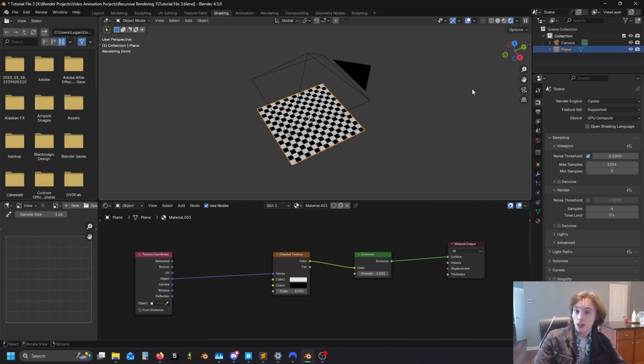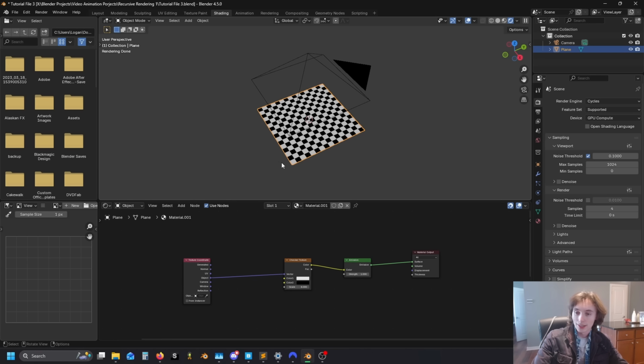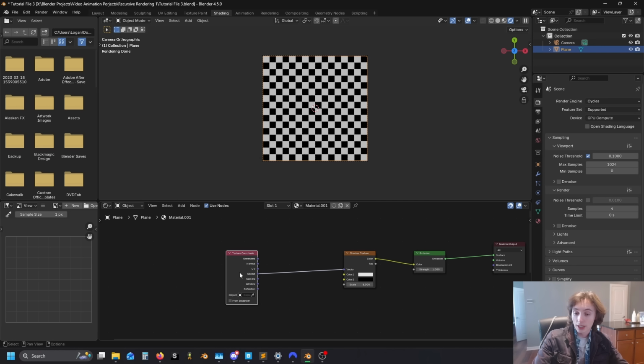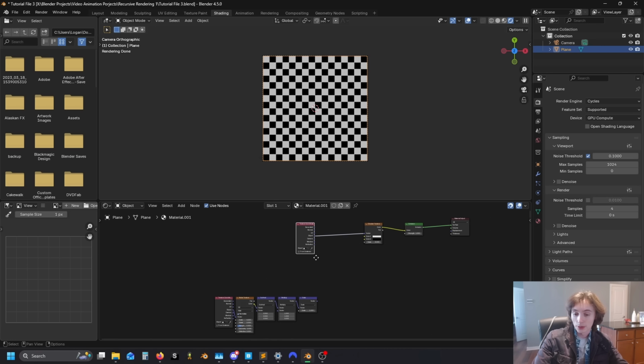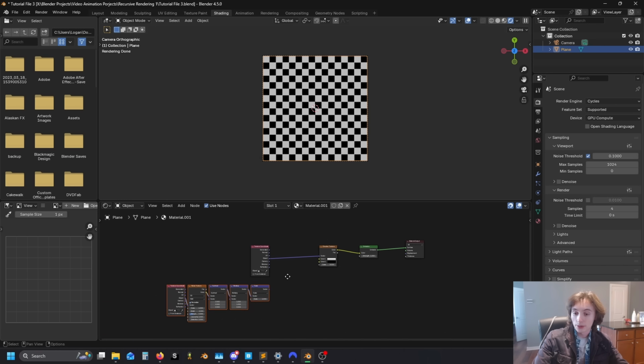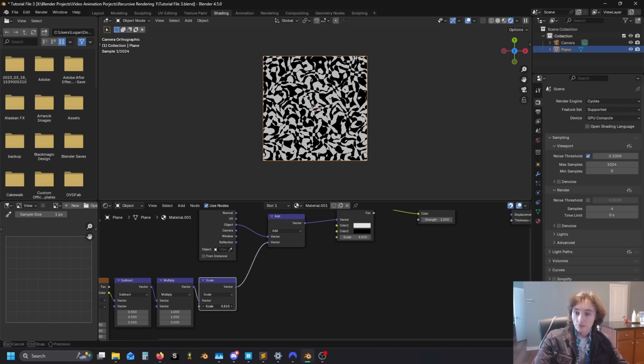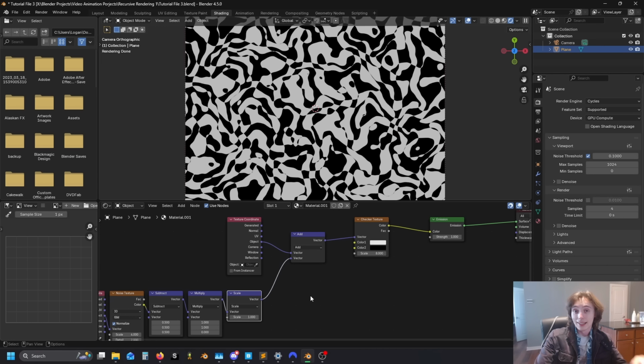Now, with that, I'm going to hop to the shader editor, and you can see I've just got this little material, a checker texture on our plane. And if I hop in here, one of the first tricks that you learn in VFX for materials is that we can take this checker texture and distort the coordinates that are plugged into it. I've got this little setup here to do that. If I just add this in, you can see we get this effect. Now, I made a video on pushing texture distortion to the max a long while back,